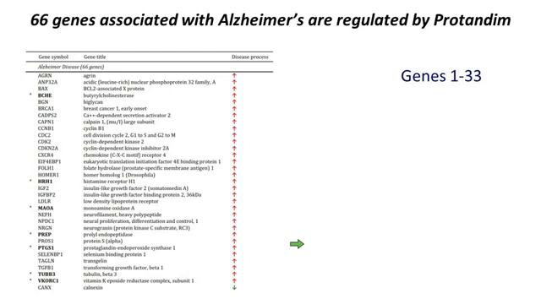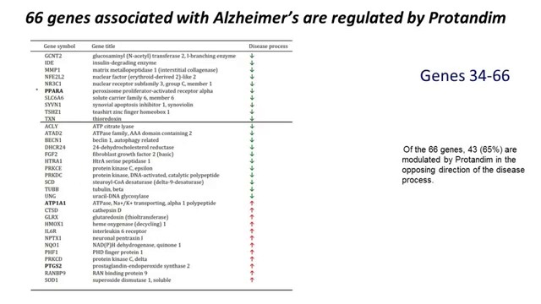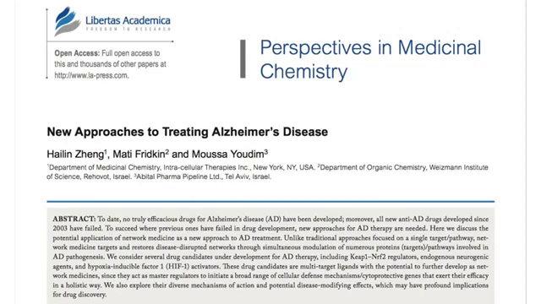They have looked at Protandim on the genes associated with Alzheimer's disease. With Alzheimer's, there are actually 66 genes associated with that disease. And if you look at what happens when you take Protandim, of the 66 genes, 43% of the genes were modulated by Protandim in the opposing direction of the disease, meaning that if the disease activated that particular gene, Protandim turned it off in 65% of those particular genes. So again, NRF2 is actively being looked at in Alzheimer's disease.